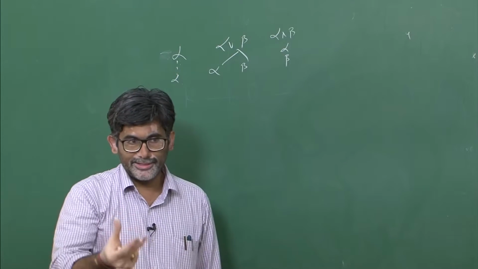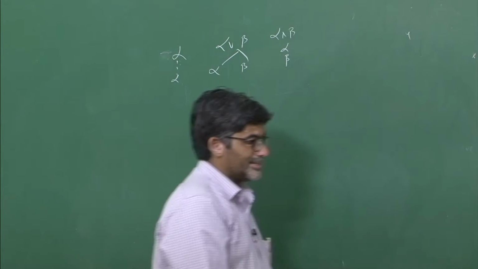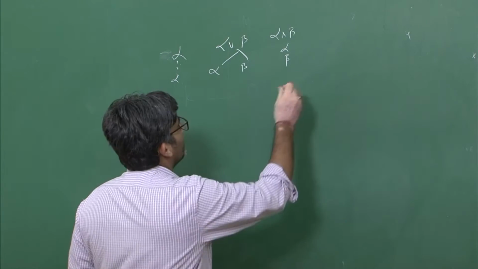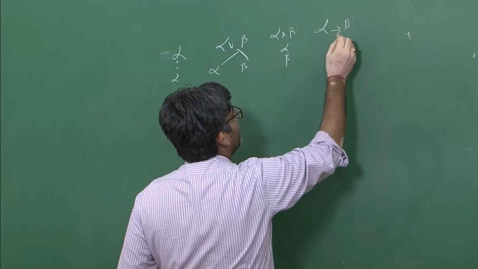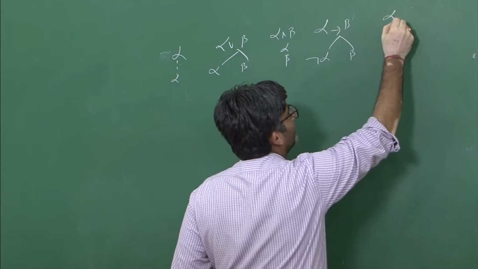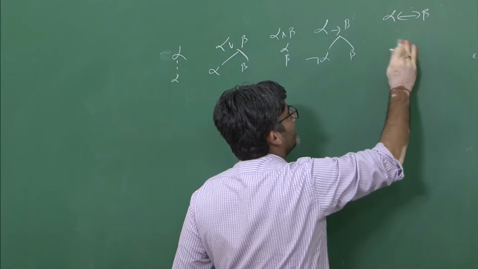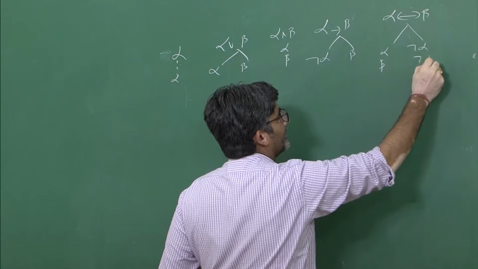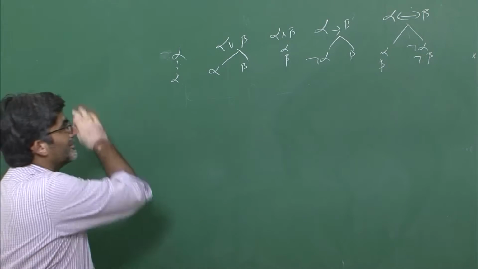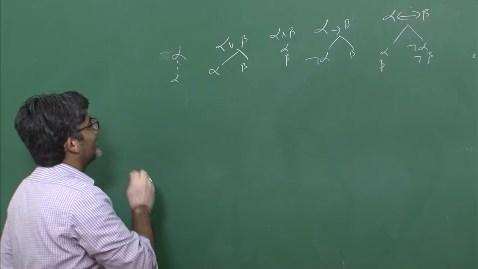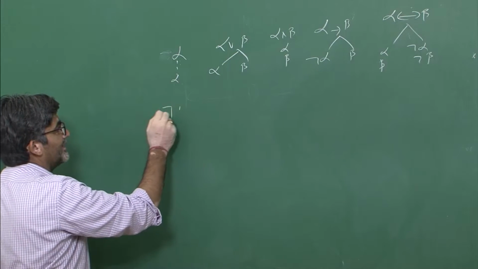The tree diagram for the basic formulas that exist in your modal logical system, they are like this. Now, alpha implies beta is not alpha and beta, and then alpha if and only if beta is like this. Both alpha and beta have to be true, and not alpha, not beta. So these are said to be alpha rules because we are talking about positive things here. So exactly the negation of this one is like this.